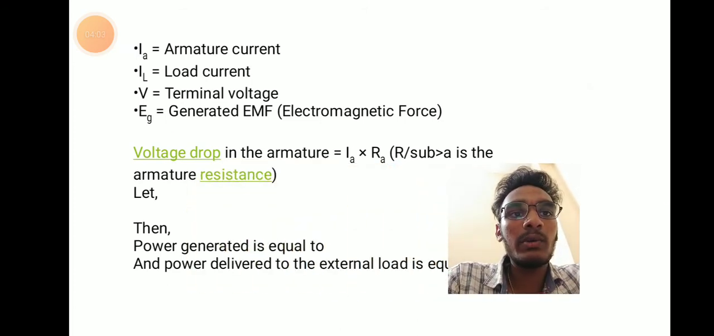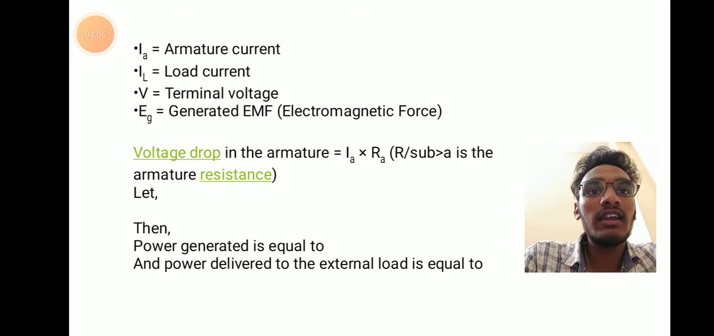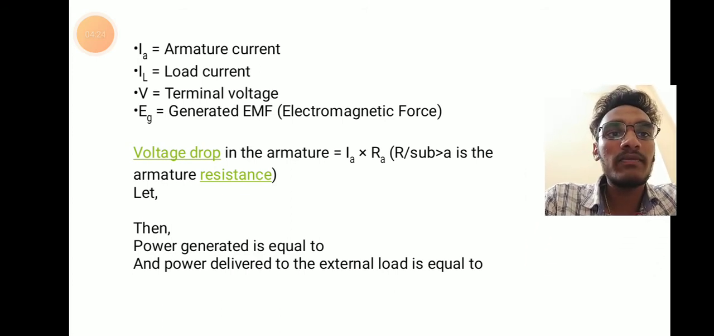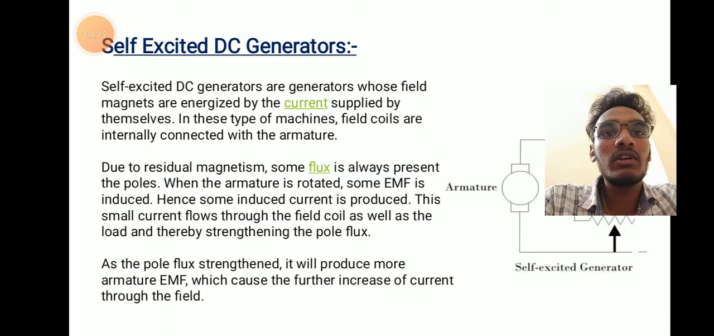IA equal to armature current, IL equal to load current, V equal to terminal voltage, EG equal to generated EMF, voltage drop in the armature equal to IA into RA. Then power generated is equal to, and power delivered to the external load is equal to